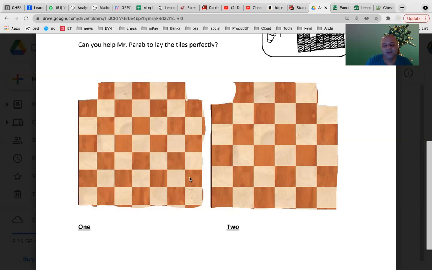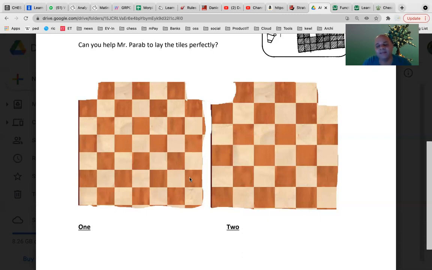So what does the logic tell you? 19 light squares and 21 dark squares. Now, if you use 19 of those tiles, you will be able to cover 19 light squares and 19 dark squares, whichever way you do it, horizontal, doesn't matter. 19 and 19 will get covered using 19 tiles. The last tile you will be left with can cover only 1 dark square and 1 light square.